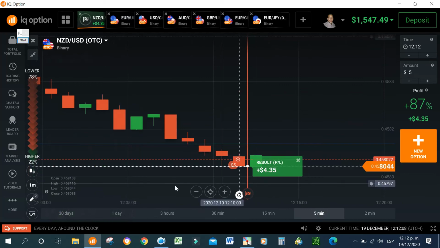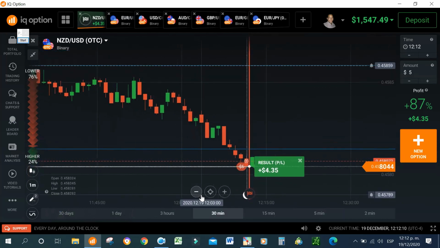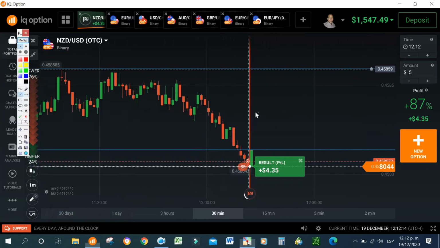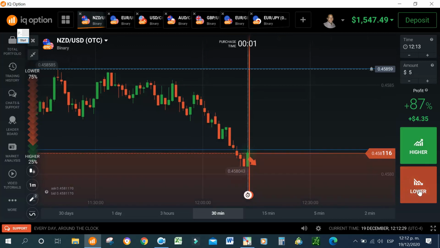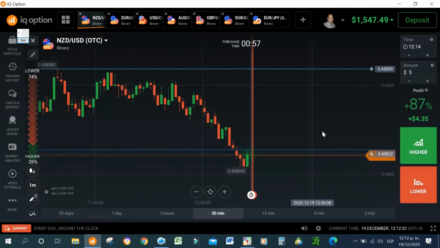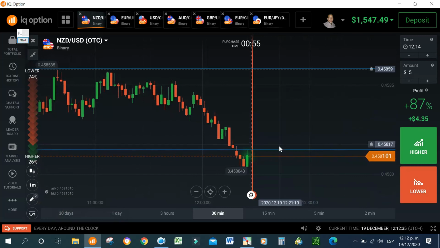Guys, we won this trade too. Remember, I made this trade because of this breakdown. I think this is a very good breakdown, not with the best candlestick pattern, but it was broken. This support level was broken. So what we can do here, we can make, oh no, okay, perfect, because it didn't execute